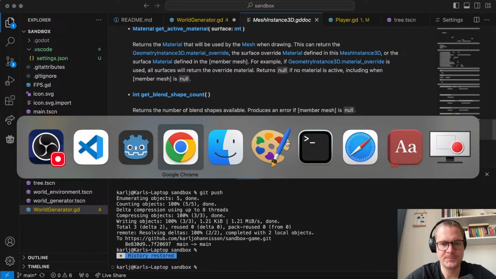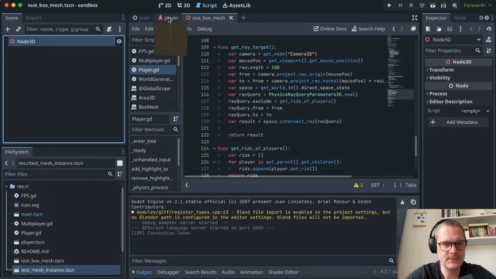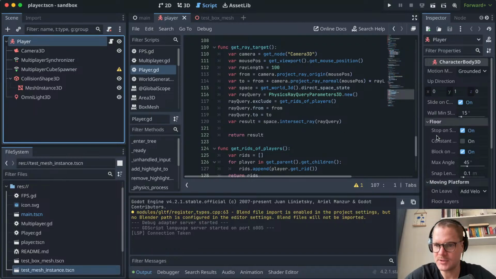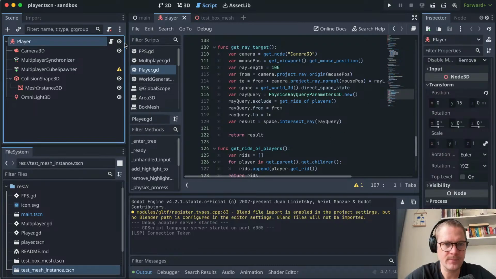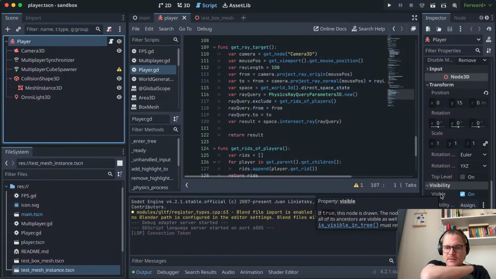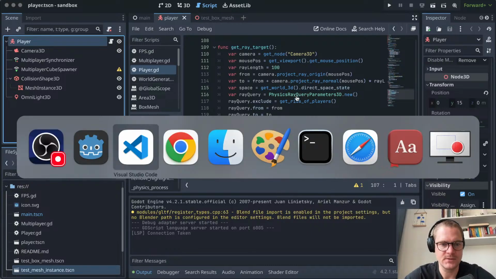There is something. Let's check player, for example. There should be something here. Toggle visibility. Here. Visible. The node is only visible if all of its ancestors are visible as well. Yeah, so it's enough that we do it on the top node. So it should be enough here to just do